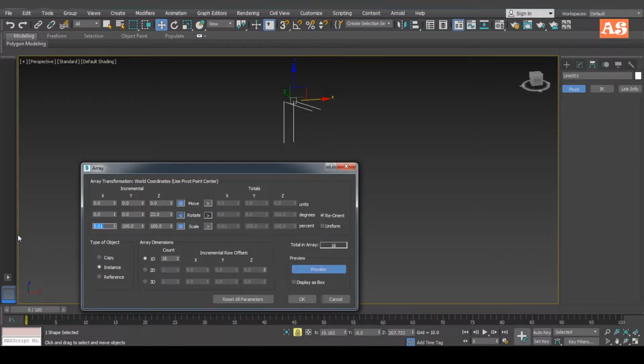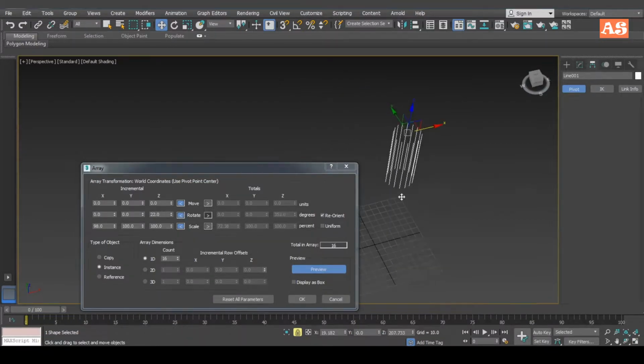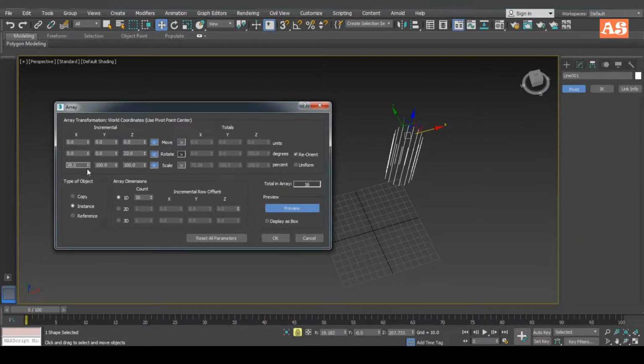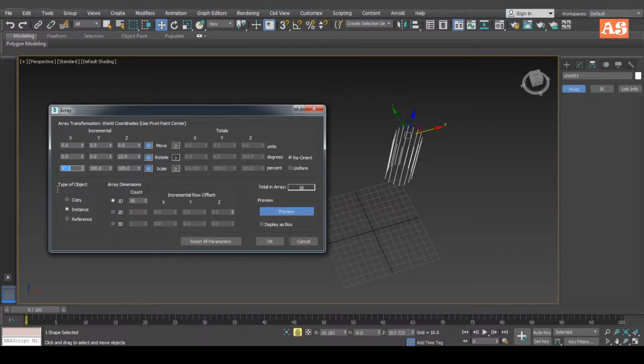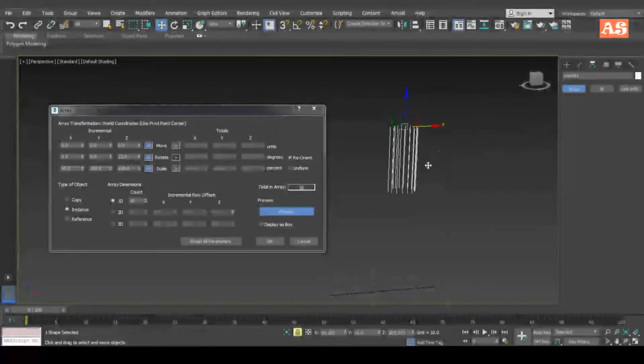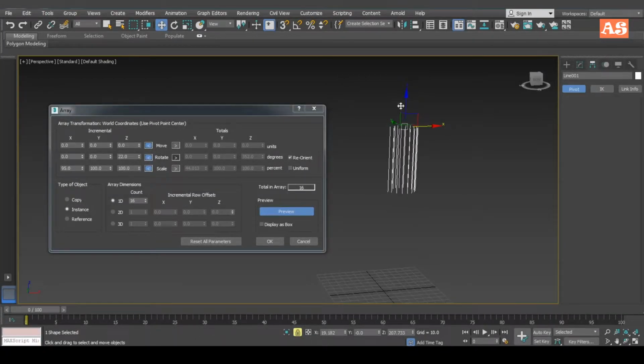in scale parameter. You can also increase or decrease the value of scale from here, and maybe like this, and it will appear in your viewport like this. And I guess this value is good in this situation. Maybe this one. And now we are going to change the z value of scale.